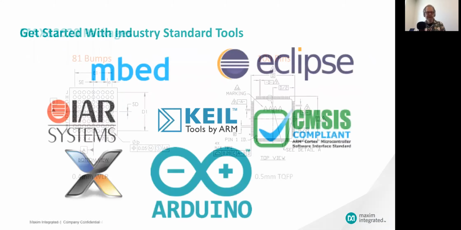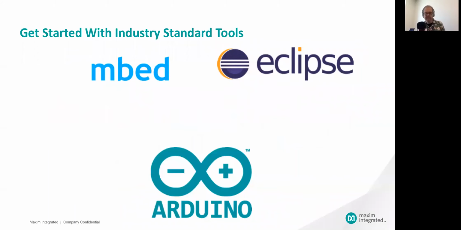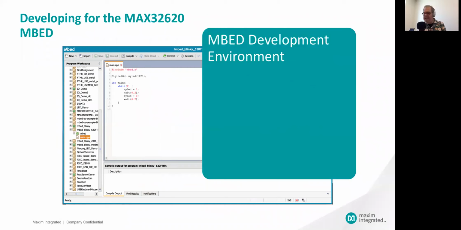Let's talk about development tools. We really give you a wide range of development tools, ranging from zero-cost solutions like Eclipse and the GNU toolchain, Arduino, Embed. We also have fully supported paid options from IAR, Rowley Crossworks, and the Keil compiler. Now, for our purposes, we're really going to highlight just 3 of the free options, Embed, Arduino, and Eclipse. Let's start off with Embed. Embed may be the easiest to use. It's certainly the easiest to